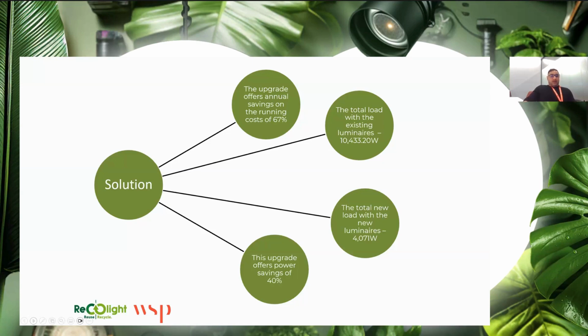So now the use of LED technology is also working with the lighting control system. It gives the advantage of considering the power usage, the CO2, operating costs and sustainability. And it's now easier to maintain throughout the building. And the return on investment achieved is within about 2 to 3 years due to the upgrade and the LED